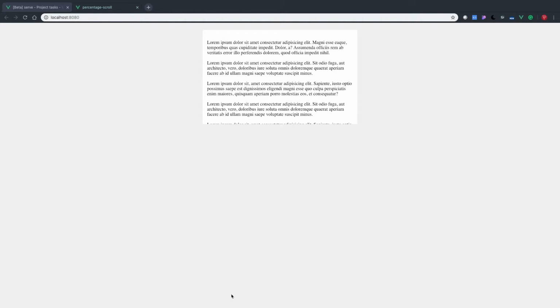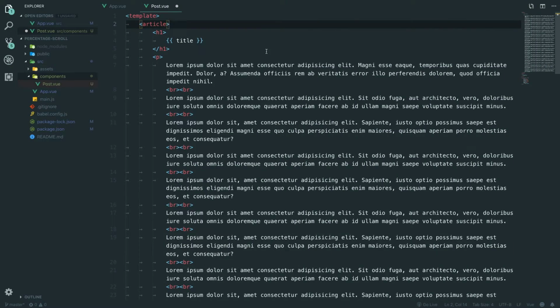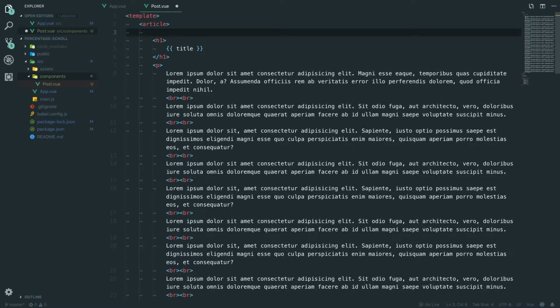Will probably most likely be a post page where you just see one progress bar across the top. But for now, we'll do it in here. I think it'll look right in there. So in article, we're going to have a div at the top. This is going to have to be a fixed position, and we're going to say class of